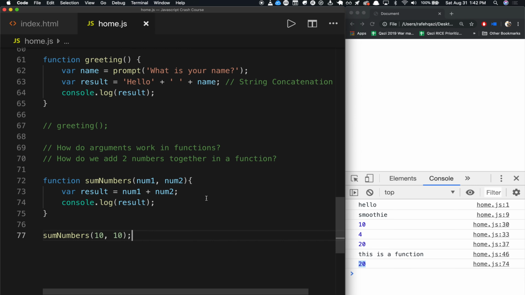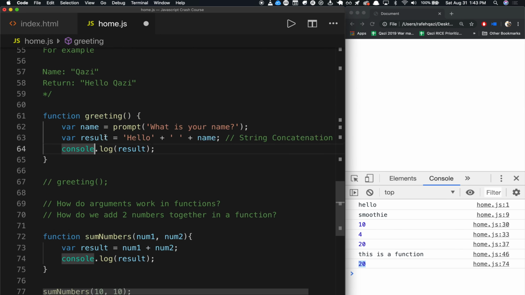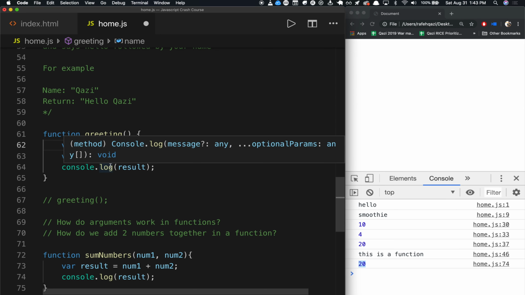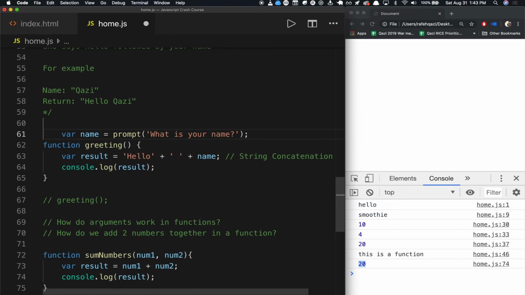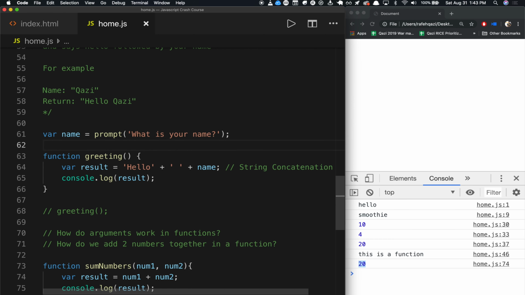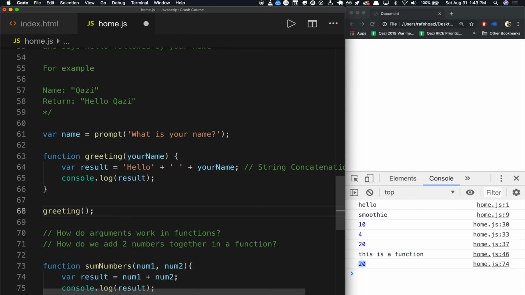Okay, so let's go back to the original thing that we wanted to do. We wanted to give function greeting an input, and then have it do the thing that we wanted to do. So let's go ahead and do that. I will put this prompt here of what is your name. I will say that greeting takes in your name. Like this. So now when we run greeting,